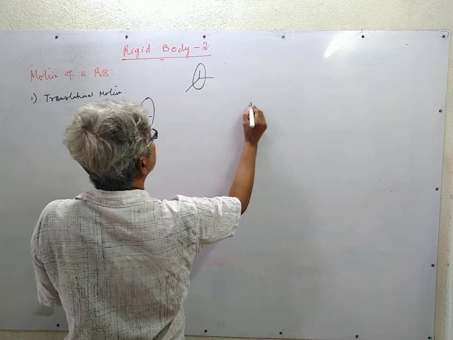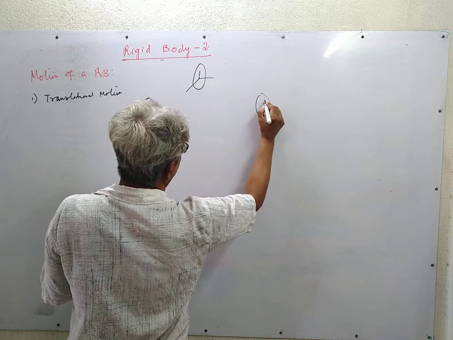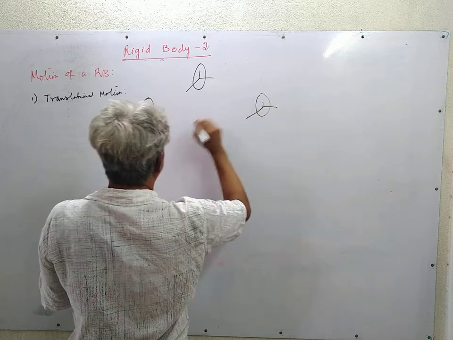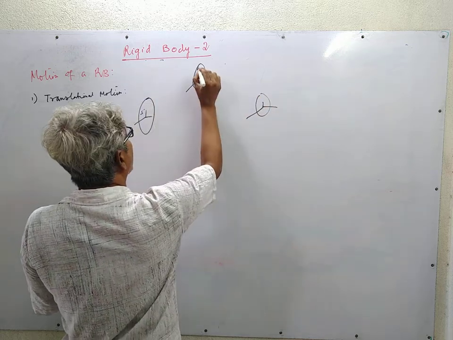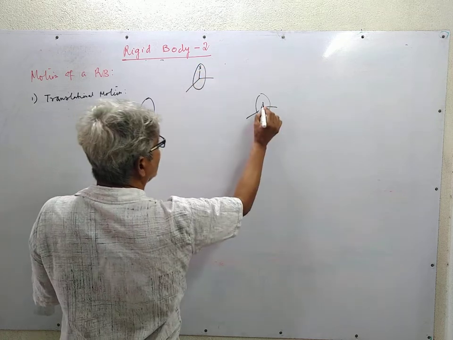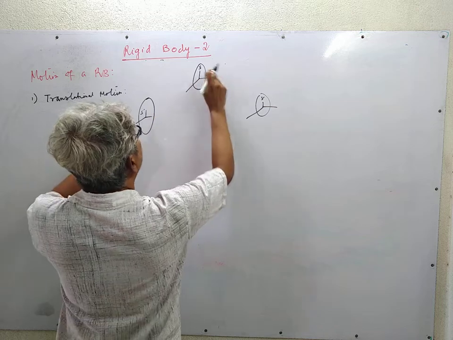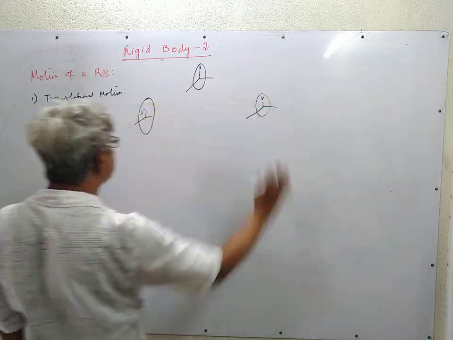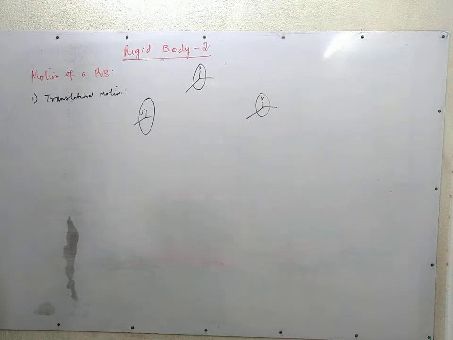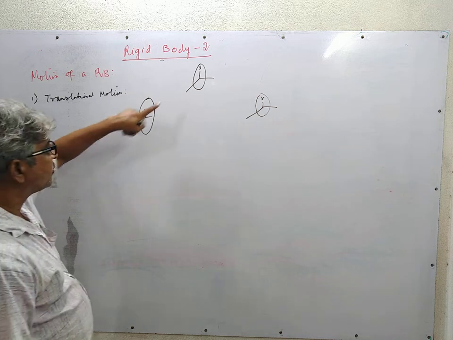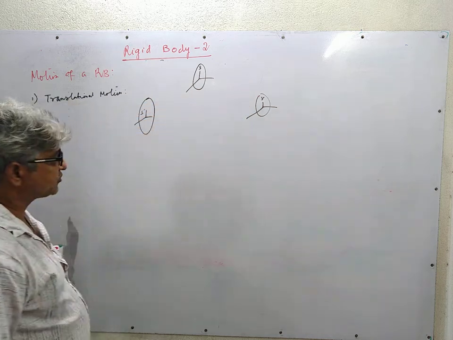So this is the position, and this is the position at another instant. This is the S prime body fixed frame, and if we find that this body fixed frame remains parallel, then we say the system is undergoing a translational motion. So the axes of the body fixed frame always remain parallel,